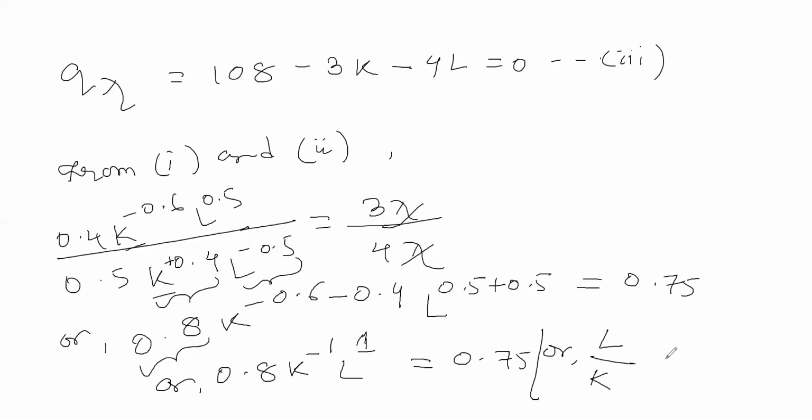So L by K is equal to, then 0.8 goes down, so it becomes lower level here 0.8 and above is 0.75. So finally from here I get that L by K is equal to 0.94,